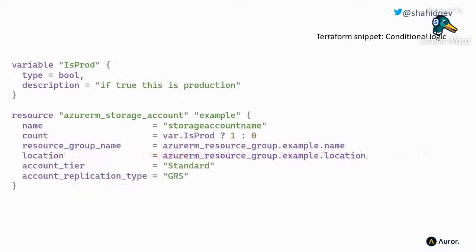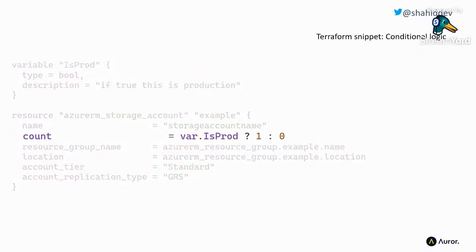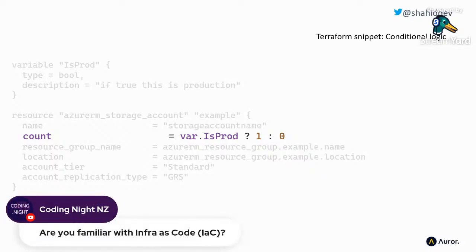So, let's have a look at an example of this in Terraform. Terraform is, again, weird, and also slightly more developer friendly, if you like. In Terraform, we're specifying the count, the number of instances of this resource, and we're referencing a variable is prod, but we're using a ternary expression. I guess that's my bias as a developer showing, because I find that really readable. But maybe if you're not from a development background, you wouldn't like that either.